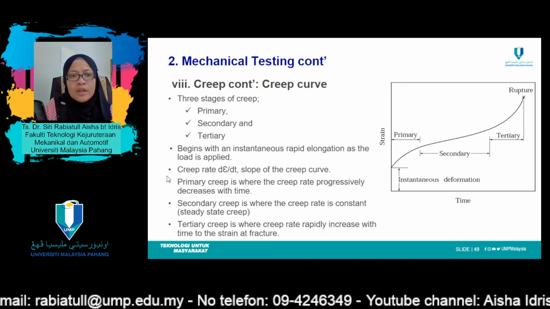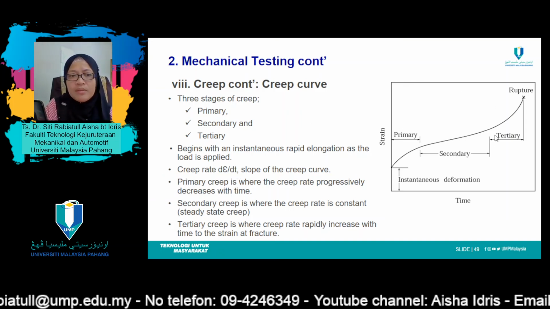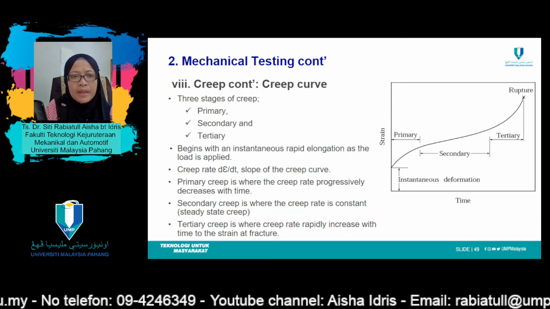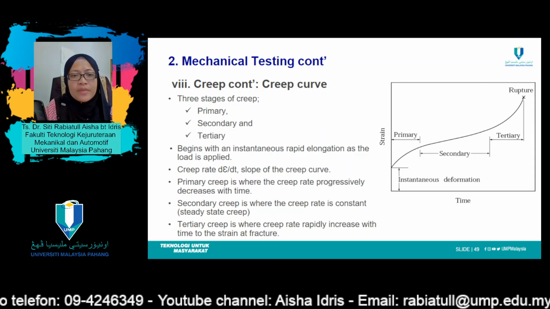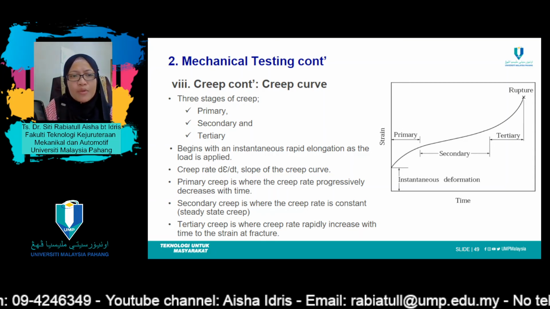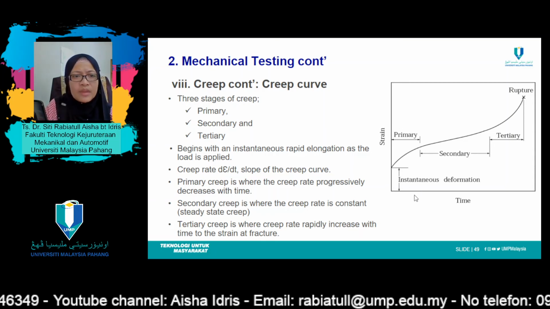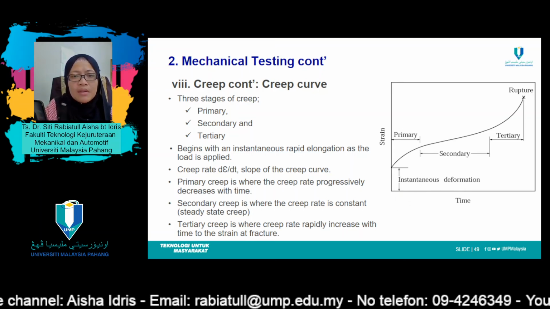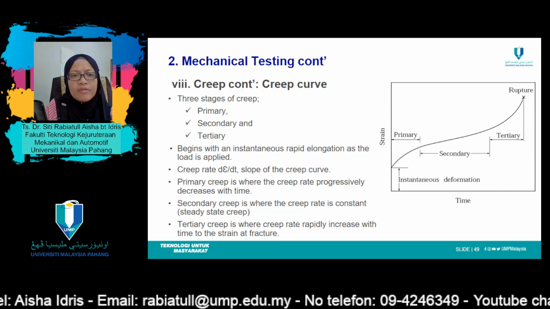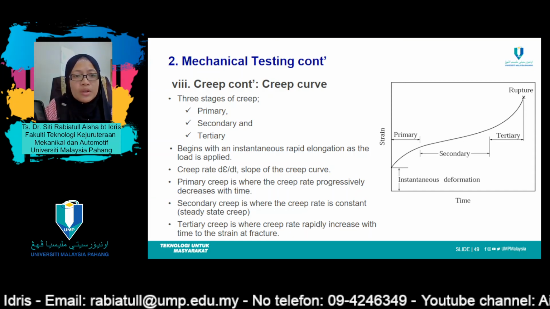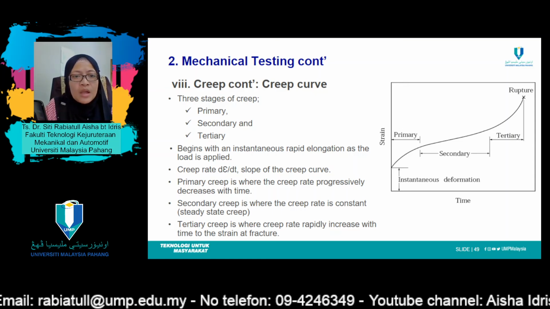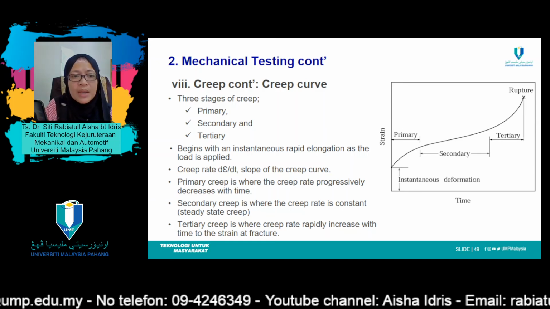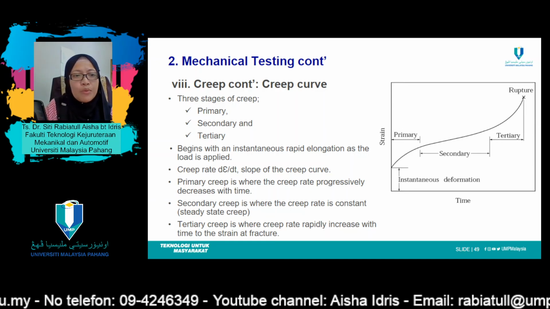This schematic diagram represents a typical constant load creep behavior of a metal. Upon application of the load, there is an instantaneous deformation, which is totally elastic. The resulting creep curve consists of three regions, each of which has its own distinctive strain-time features. For example, number 1, primary